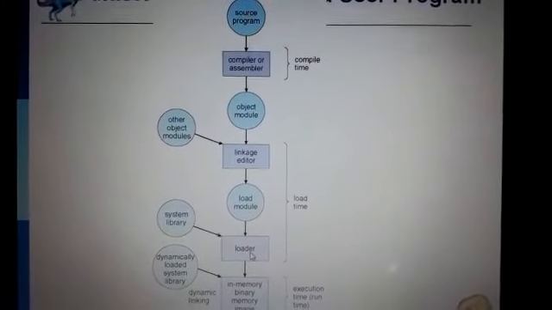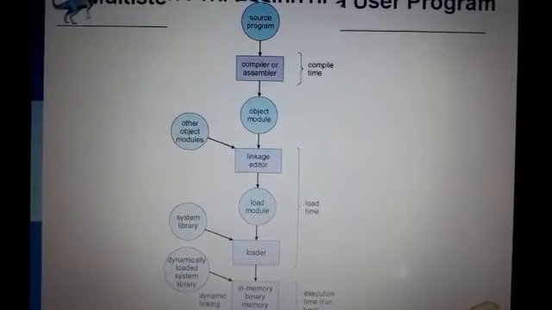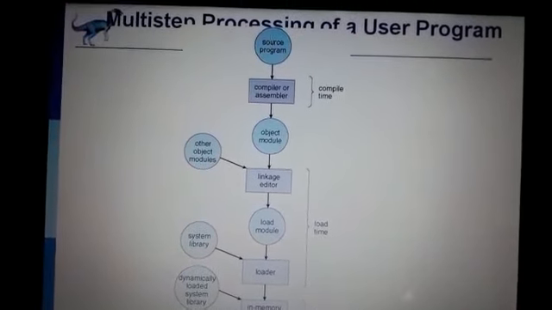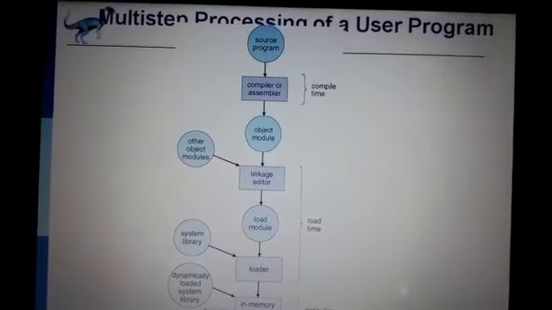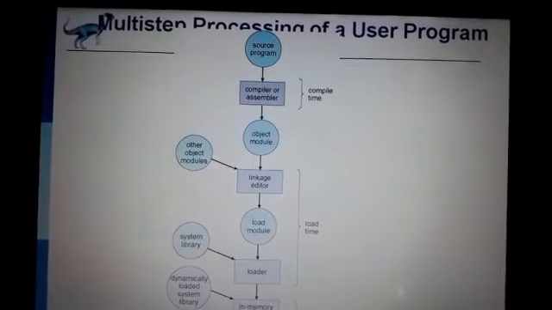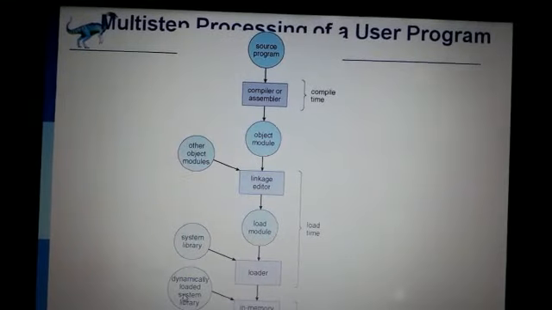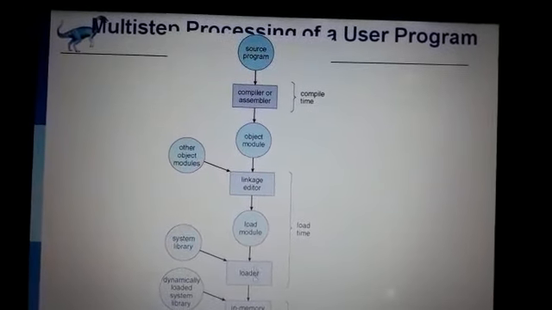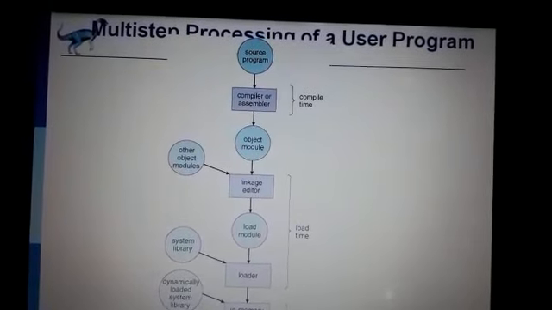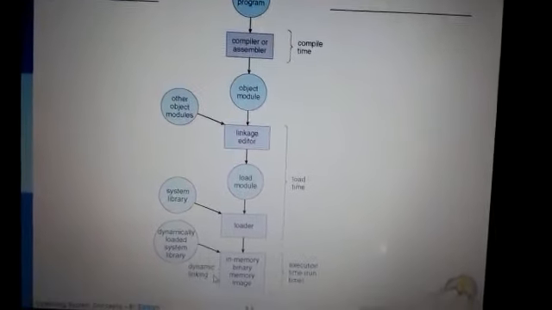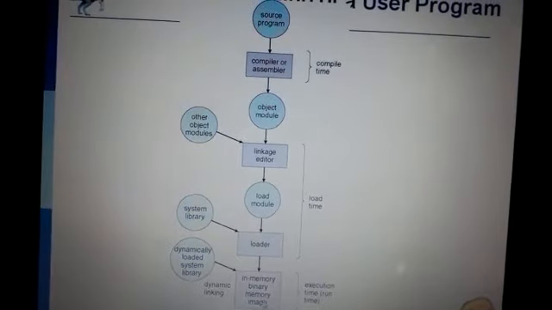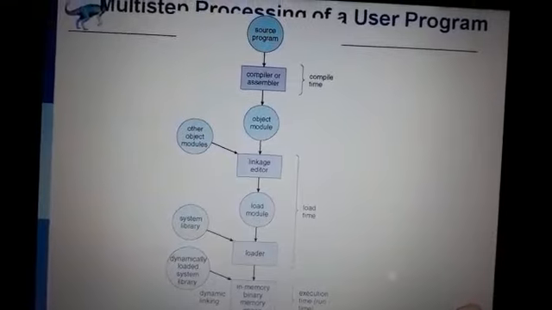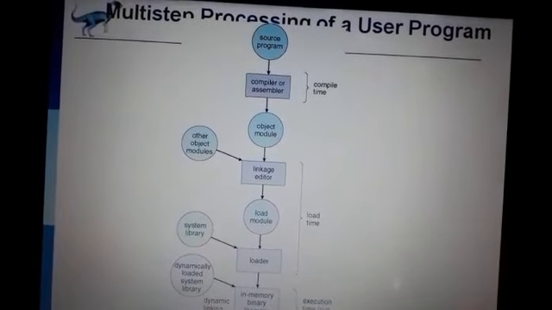After loading the program into the loader, finally the binary memory image of the program is formed through the dynamic linking process. With the help of the system library and dynamically loaded system library, through the loader and system library, dynamic linking is done, and a binary memory image of the program is returned in these multi-step user program steps.